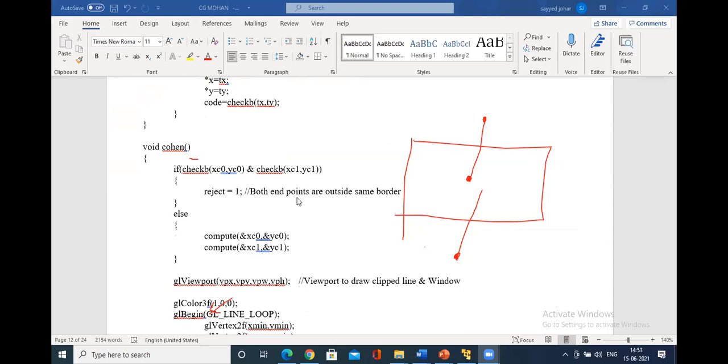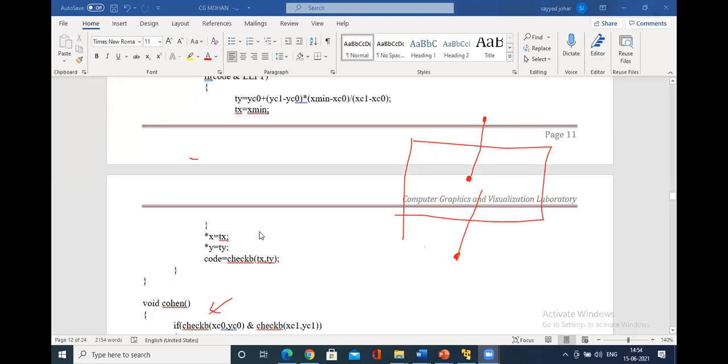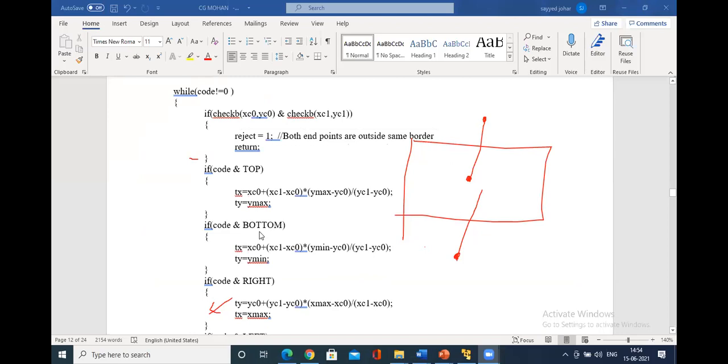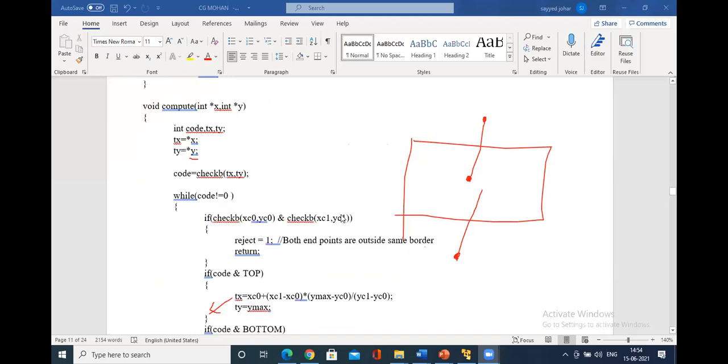If both the endpoints are outside, we will simply reject equals to set to 1, else you have to compute, and it is stored at the address of C, xc0 and yc0. What is compute? That is, it computes the clipping. So compute is used to clip the line. That is one of the pointer variables, star x, star y, for individual clipping at both the ends we have taken, right?